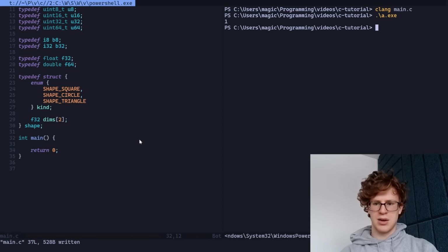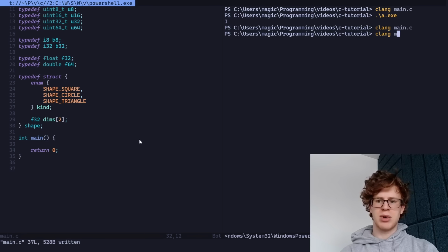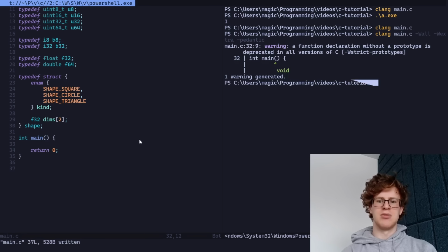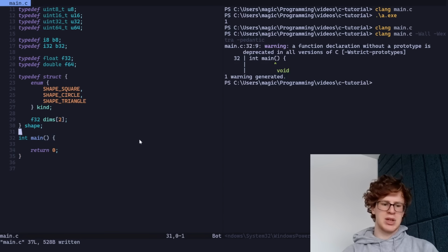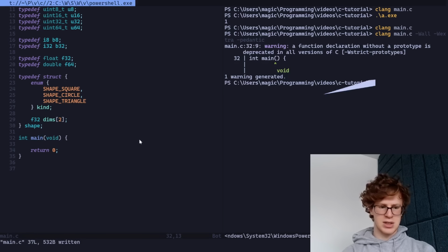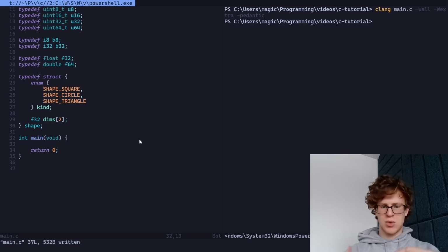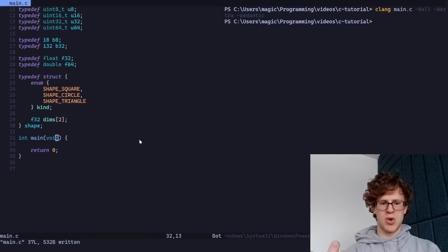So when you're compiling a C program, you should always compile it with -Wall to enable all the warnings, probably -Wextra to enable extra warnings. This is slightly different between Clang and GCC as well. You can also do -pedantic, hopefully I spelled that right, to get even more warnings, right? So now it's saying, oh, you should actually put void in there because it's not taking any arguments. But stuff like that, where it'll just quietly let you get away with a lot of stuff. So do the -Wall, -Wextra, -pedantic if you can to get a little bit more warning